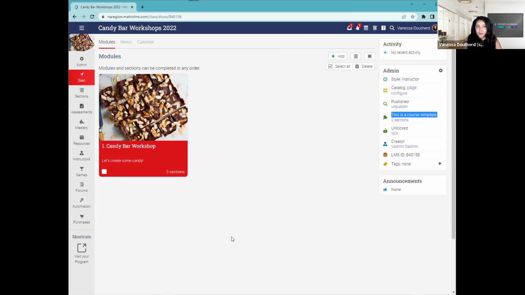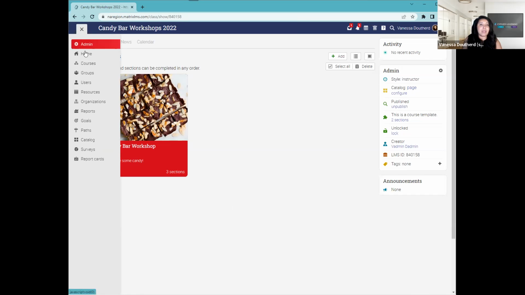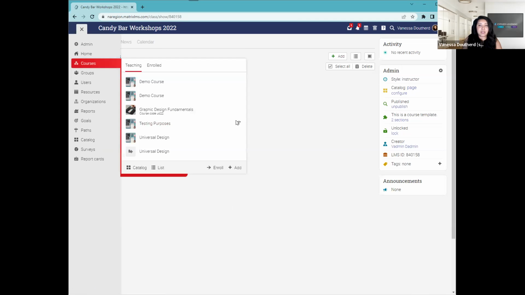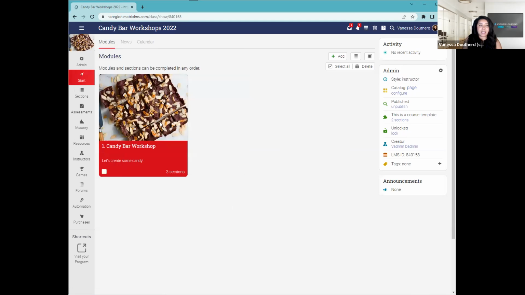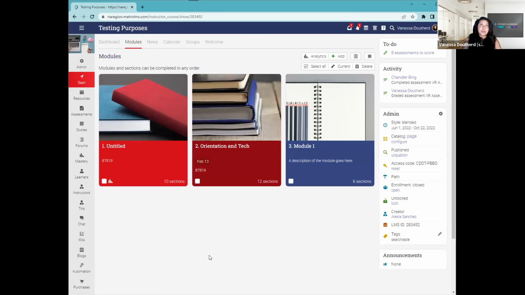Okay, and so now we're going to talk about paths. So I'm going to get out of this course template, and I'm going to go over to that path. So this is the icon for path. And when I click into this path, what used to happen is that when we had a path, whether it was a path template or a regular path, when we would copy that path, there was a deep copy that was generated for a regular path, not a path template. But the deep copy is